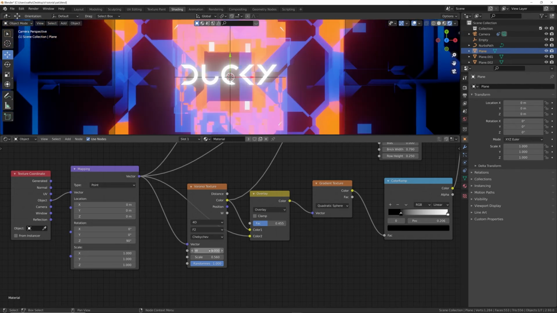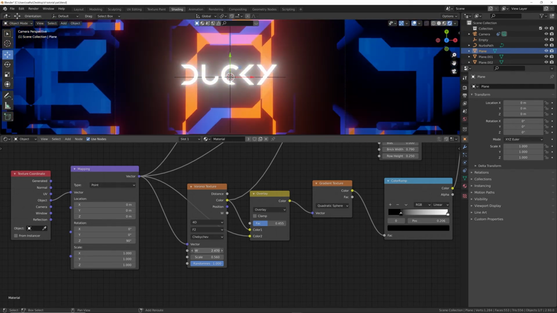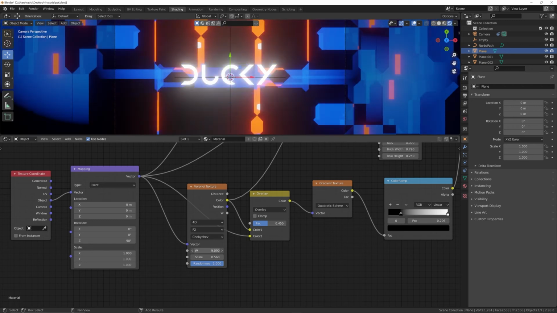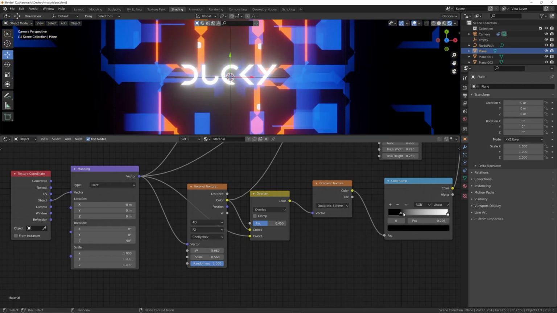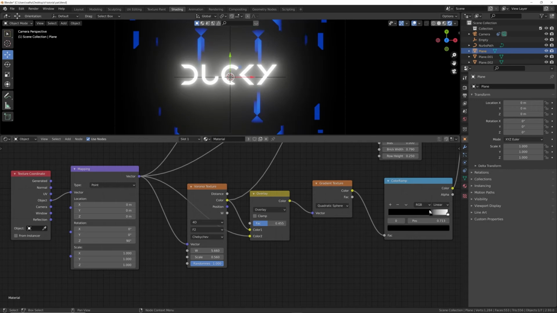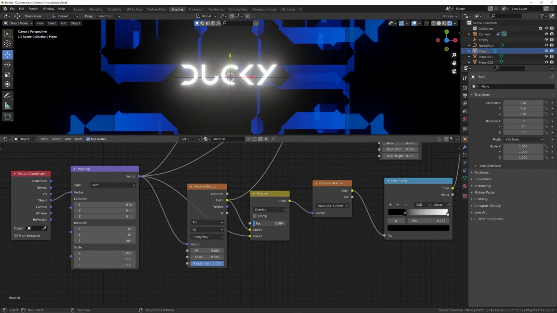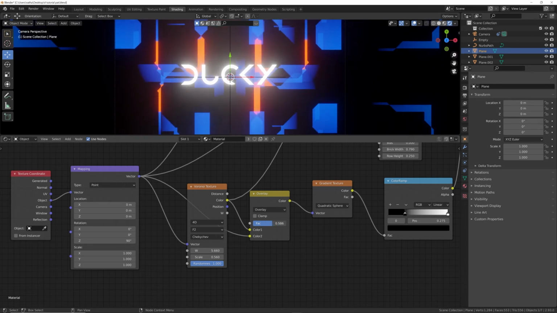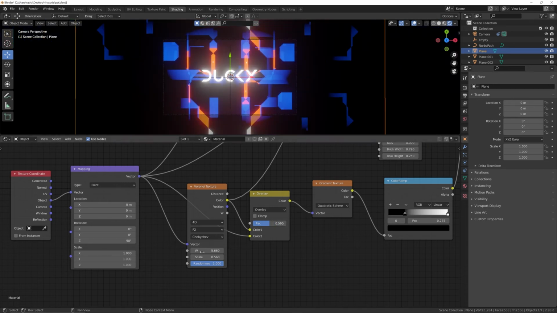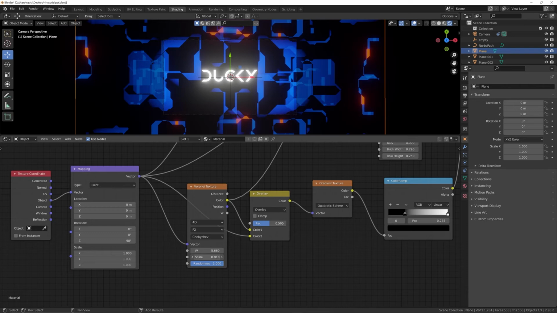Let's bring it back to 0. Looks way too ridiculous. Something like this. So this is where you can just start working on the look of your scene. Also, you can kind of animate it like this too, which would be kind of nice. I like this right here. And then we can actually